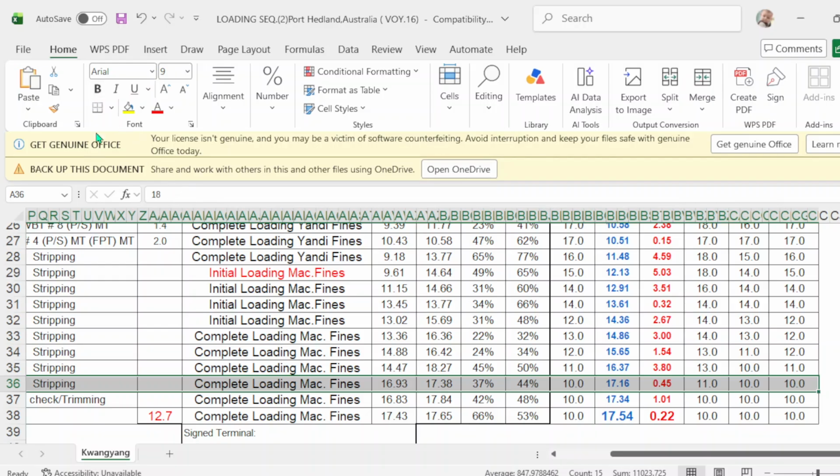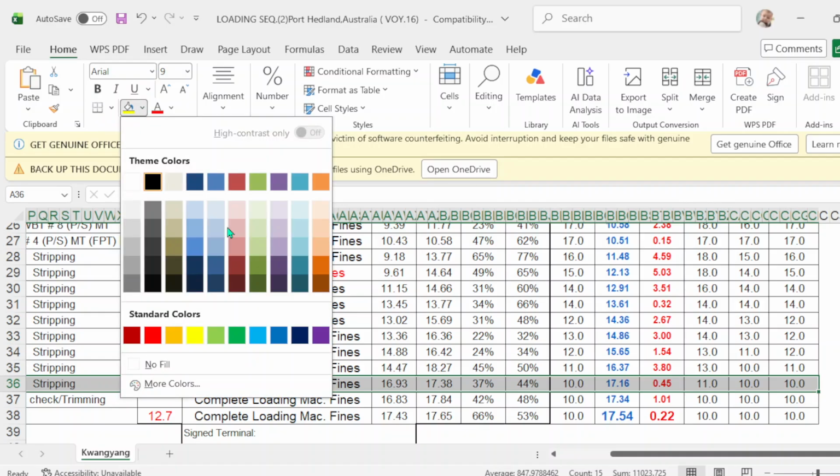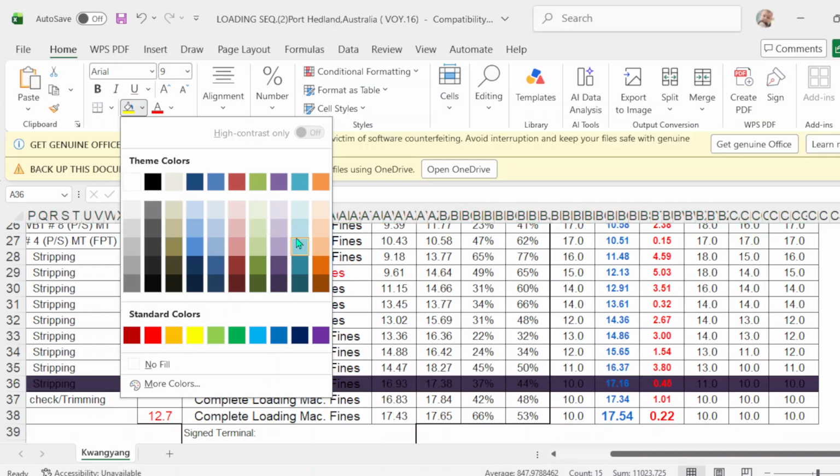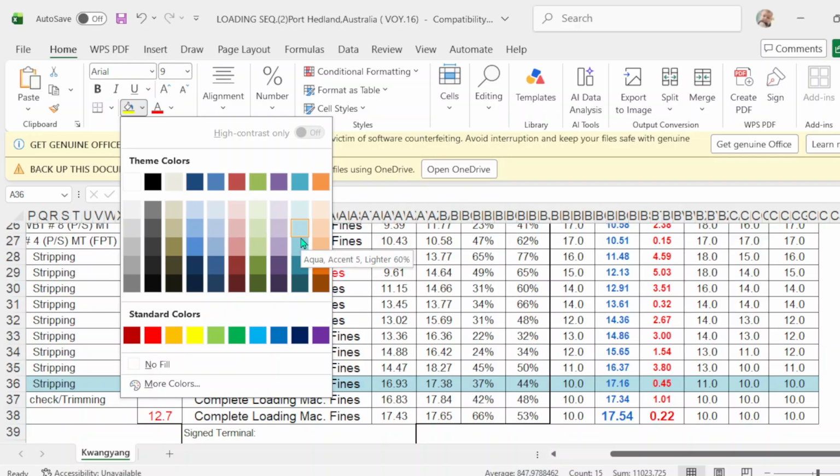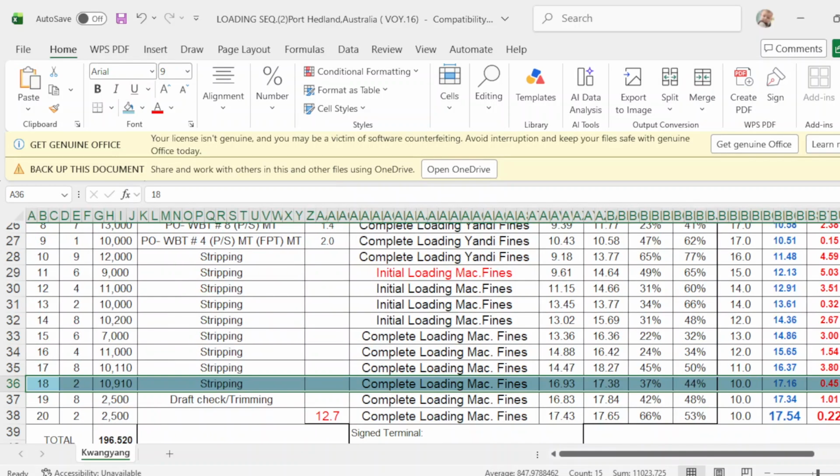Let me make this a little lighter blue. I think this one is better. Then the final draft. Okay, final draft.